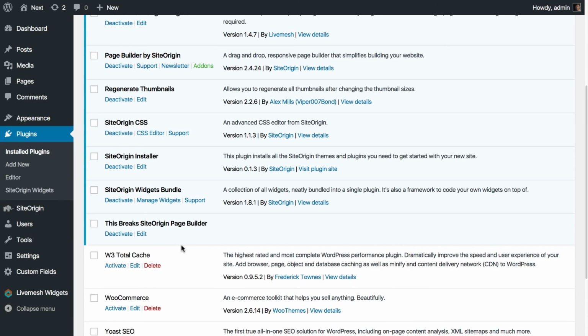Of course, if you're still having an issue, then it's possible that you found a bug, which you can report to the plugin author. So that is the guide to troubleshooting WordPress issues. Even if the issue you're having isn't with a Site Origin plugin, the same technique can be used to diagnose issues with just about any